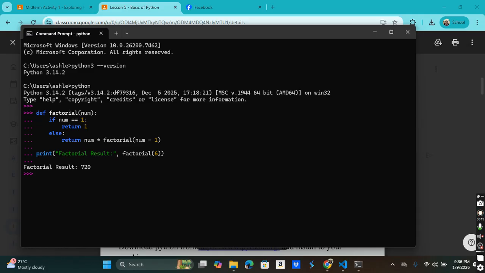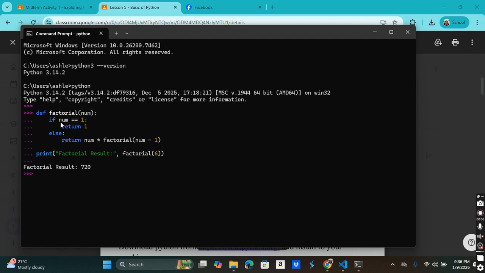First, I will open the command prompt, and I have typed the Python 3 version to check if I have installed Python. Next, I type python, and this greater than symbol means I am now inside the Python command line.